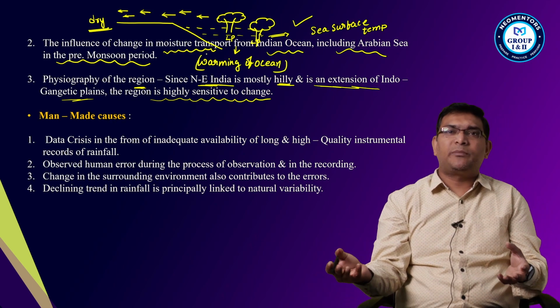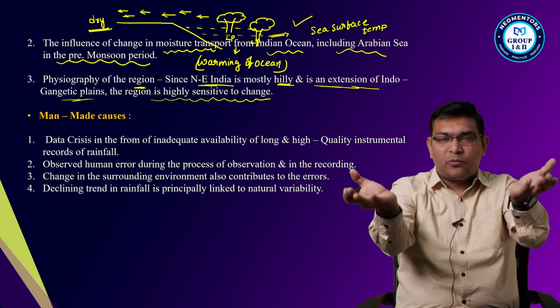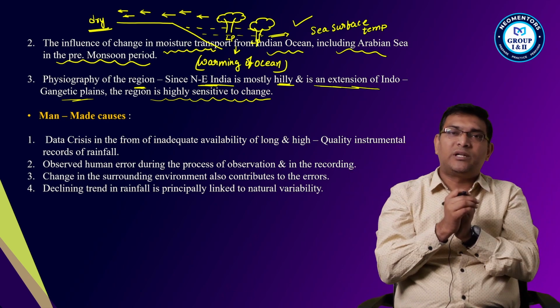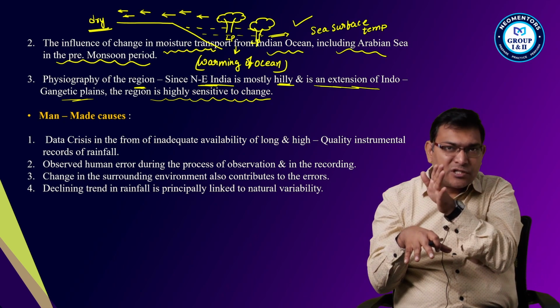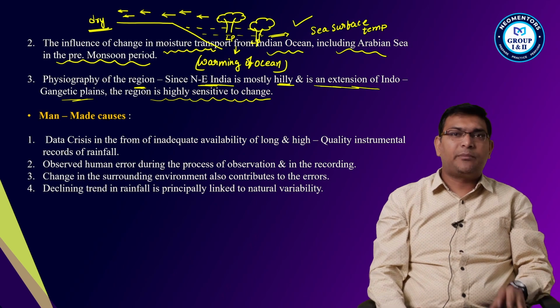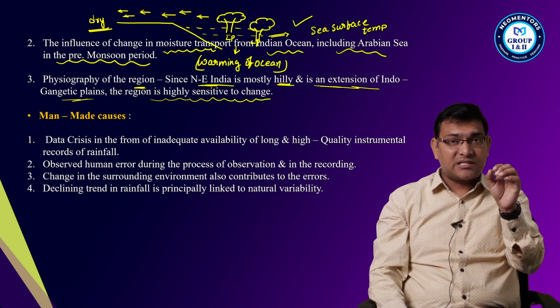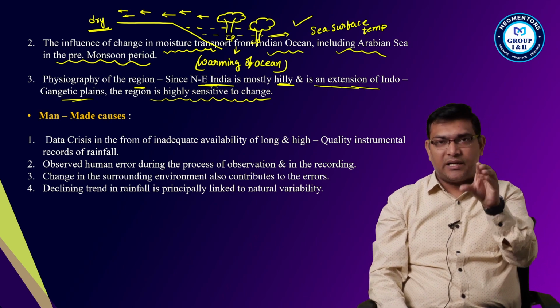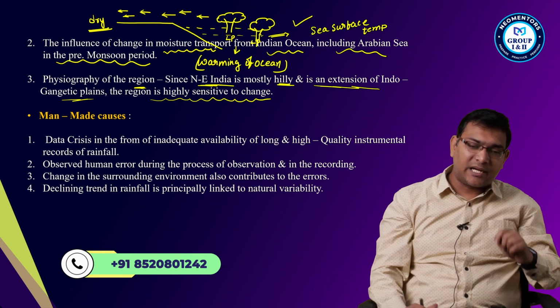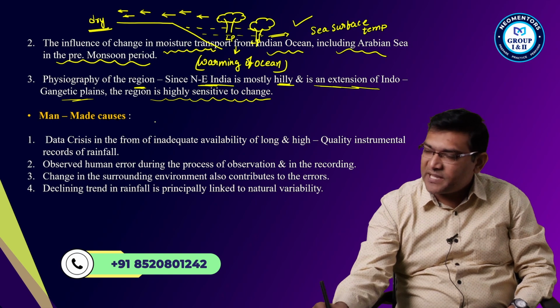Warming of the oceans happens, and there a low pressure system is created. With the low pressure system created, there will be more cloudiness, more rainfall. As the winds move away from the sea to the land, they become drier. So the areas which have the highest rainfall are seeing a decrease. That is one phenomenon. The other natural factor is the Pacific